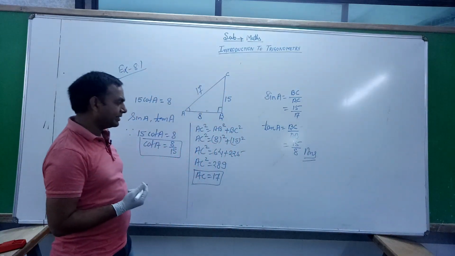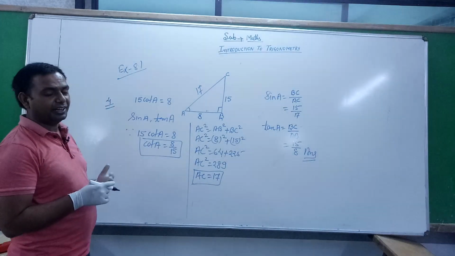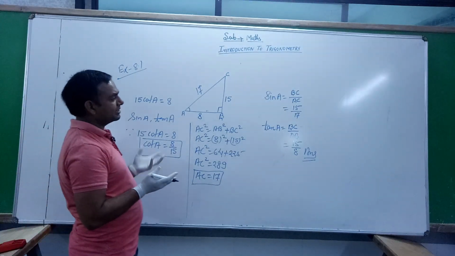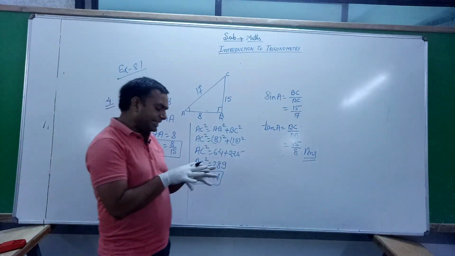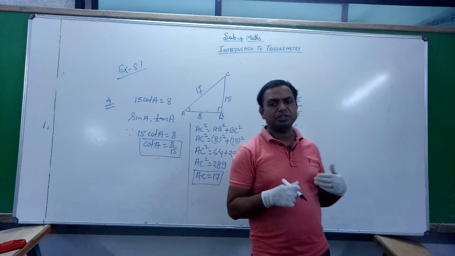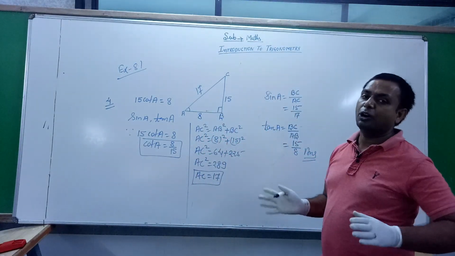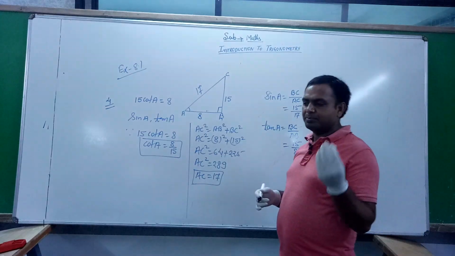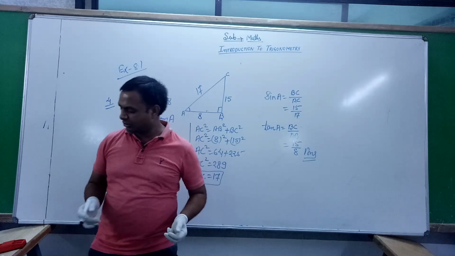Similarly, you apply this method and you can solve question numbers 3 and 5 also, because these questions depend on the same formula, and you can apply it in each of the questions, maybe 100%. First apply the Pythagoras theorem. After that you will know how to put up the hypotenuse, base and perpendicular, then you can solve the questions very easily. Okay.